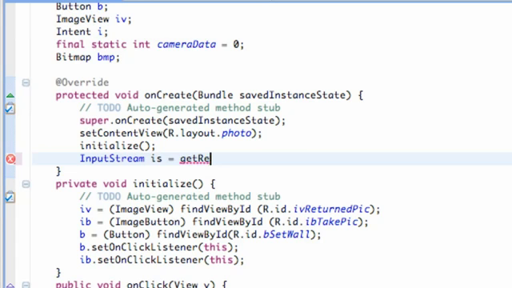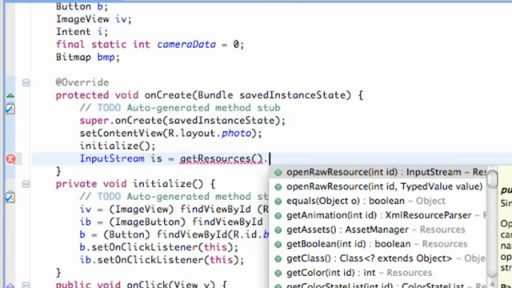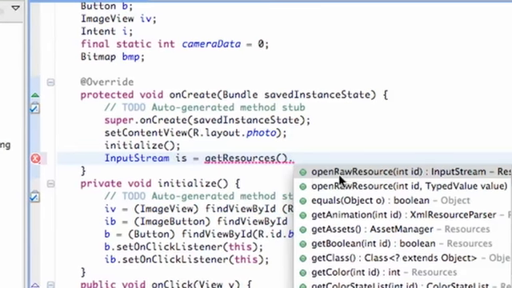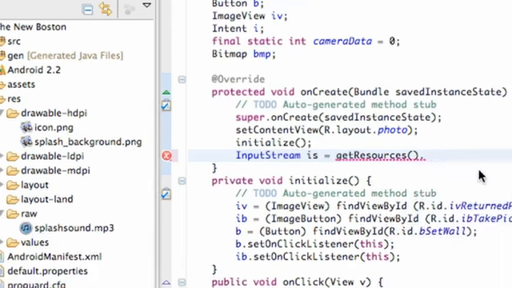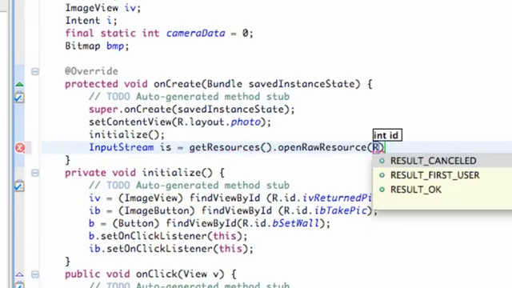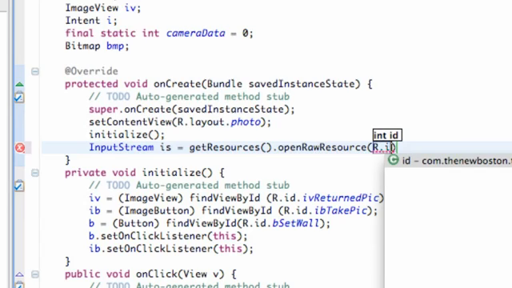our image or icon PNG is within our resource folder, so we're going to say getResources, and that's just going to be a method that kind of relates to our resources for the most part. Again, it's a method, so it has parentheses. Then we're going to say dot, we're going to say openRawResource. You guys are probably thinking it's referring to this raw folder. For the most part it's not. Just still think of that as accessing our resource folder. So we're going to click that, and then we're going to say whatever image we want to set up,